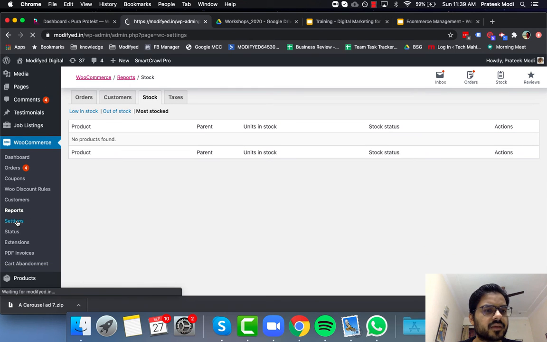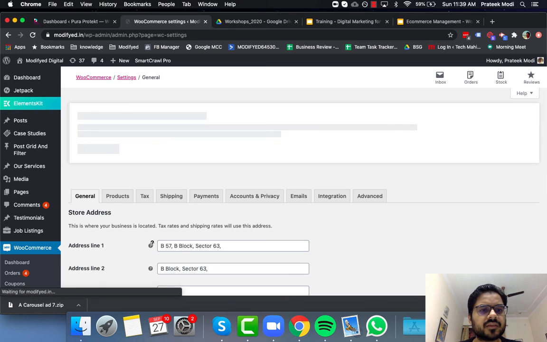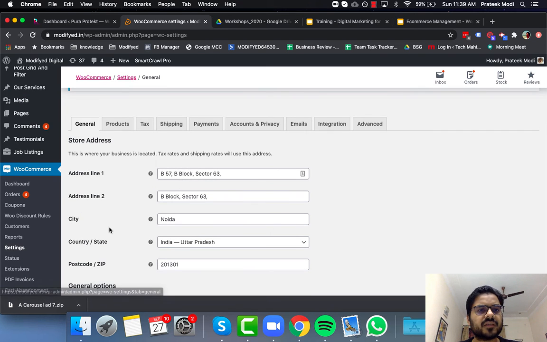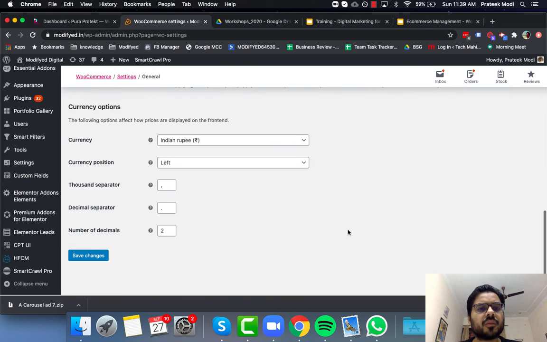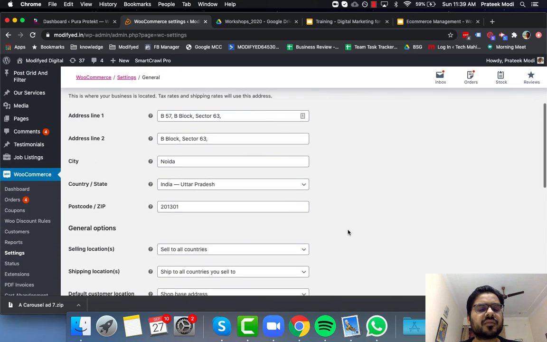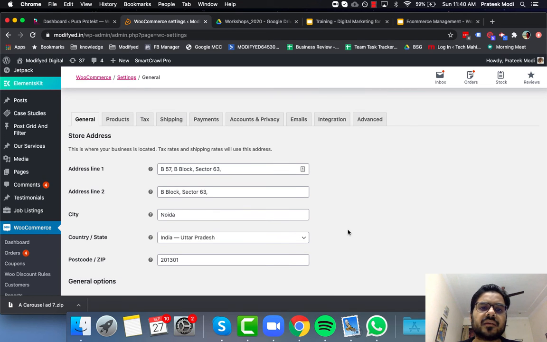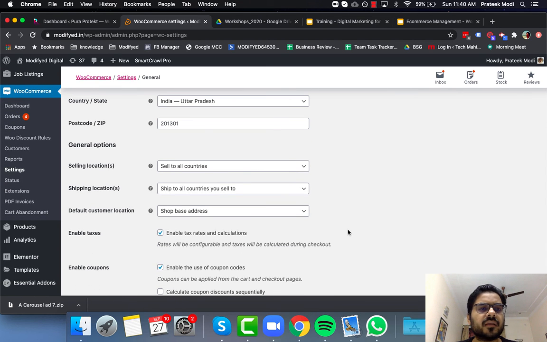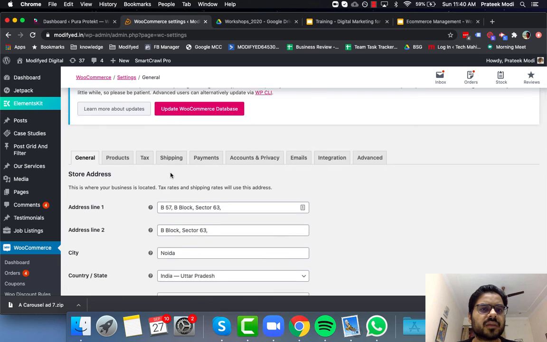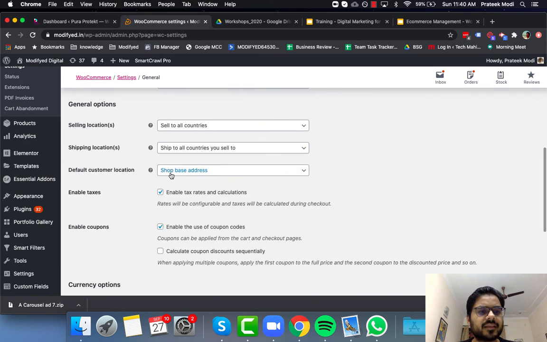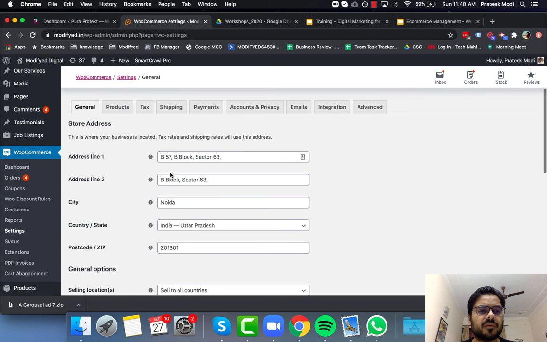Yes. Then there are various settings for your e-commerce store that can be managed. So the top settings are some general settings, product settings, tags, shipping, payments, accounts and privacy, emails, integration, and advanced. So by default, an e-commerce store that we hand you over, all these settings will be configured after discussions with you, and really handle these settings with a lot of caution, because if you miss on setting up any particular aspect properly, it might lead to a broken user experience or something not working properly. So only get this done through the help of an expert e-commerce store manager,